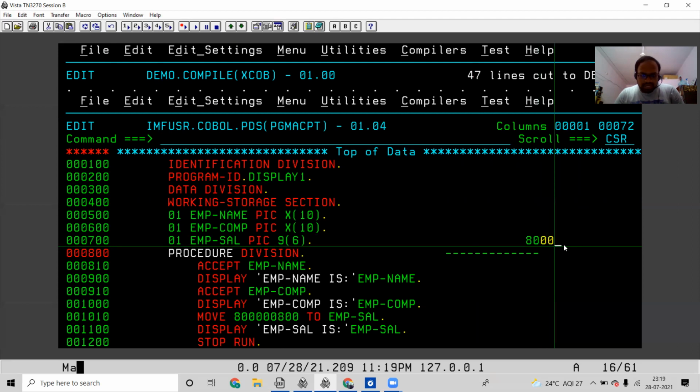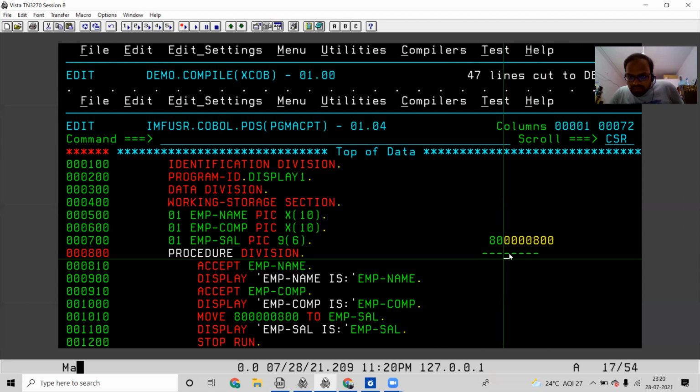What is the complete number? 8 0 0, with 5 zeros, and 8 0 0. So it is entering from the right side. Like this, it will enter, it will enter. How many digits do we have? 6, right? 1 2 3 4 5 6 7 8.